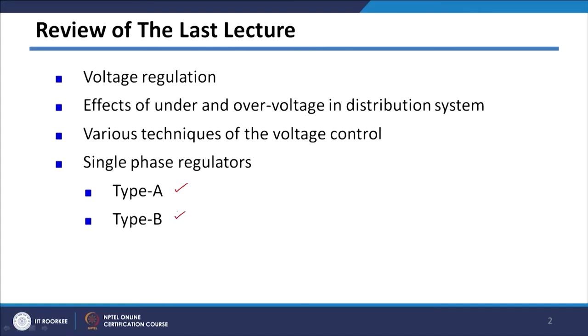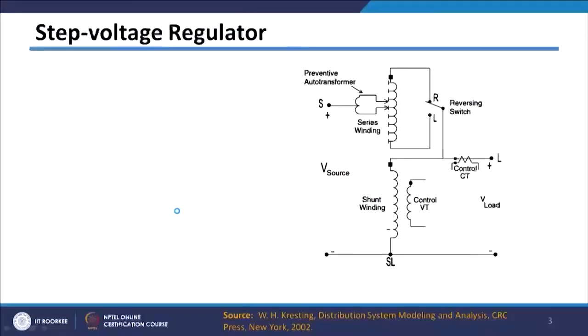Basically their construction is similar, only the connections are different. Here I have shown the step voltage regulator which is a type B regulator. I will show you how type A looks afterwards. In this case, as I discussed in the last class, we need to connect this regulator in autotransformer fashion. Since it is an autotransformer, there will be one winding which is the series winding, and another which is called the common winding or shunt winding,